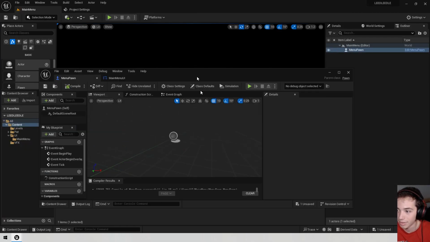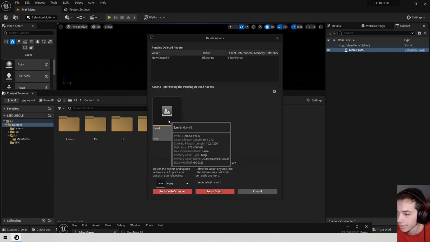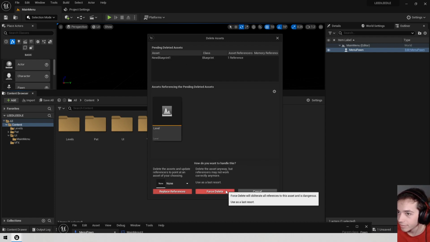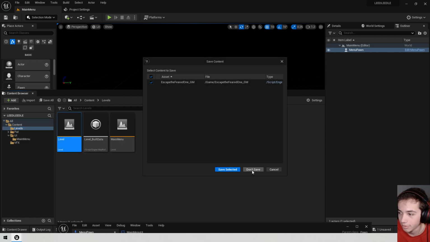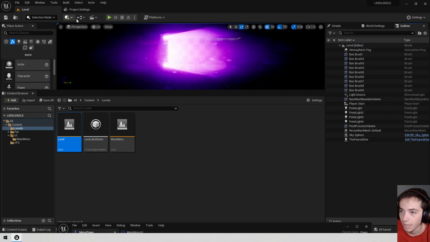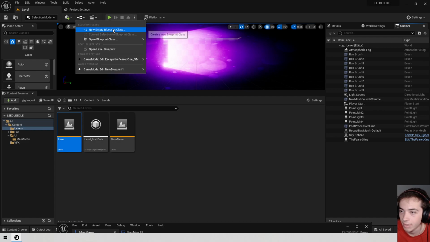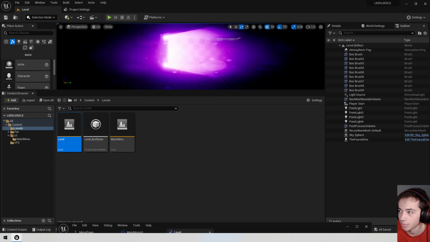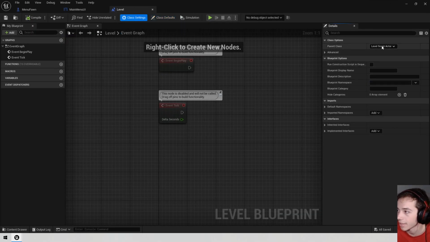Looks like I was already in the midst of doing that some time ago, so I'll go ahead and delete this. And it looks like, hold on, let me go to the level, save, and if I go to the open level blueprint, we should actually see that the level blueprint allows us to override some things like that. So if I go to class settings,